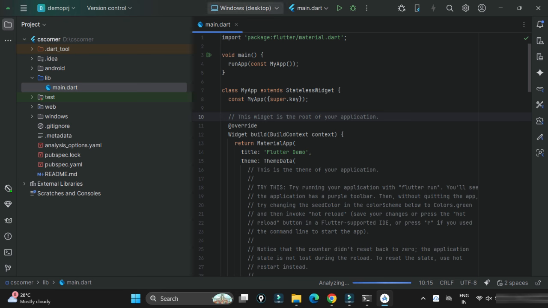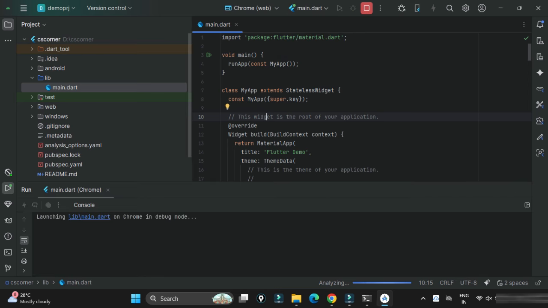Now to run your code, you can see here it's showing no device selected. Where you want to run, you have to select from here. Whether you want to run on web or on an Android virtual device, you have to select from here. Now I'm selecting Chrome (web) from this list of options. You can select another browser also. Just select that, and here we have the main.dart file which will be run. Click on this play button. You can see it has started running my project.